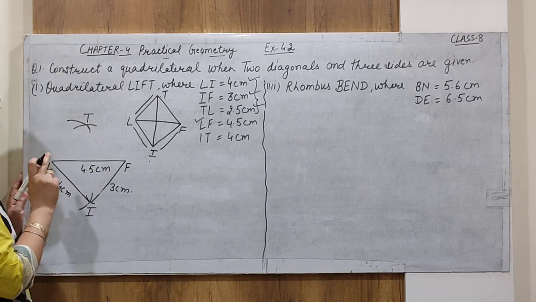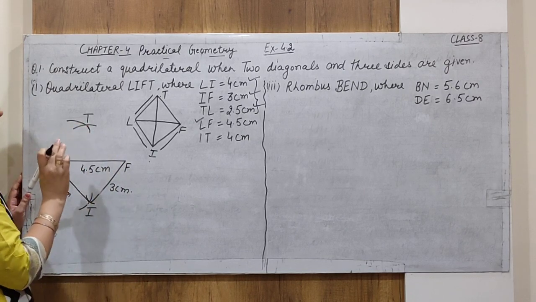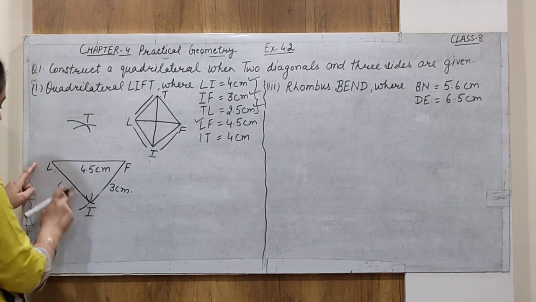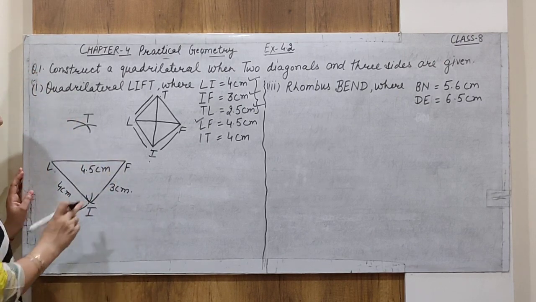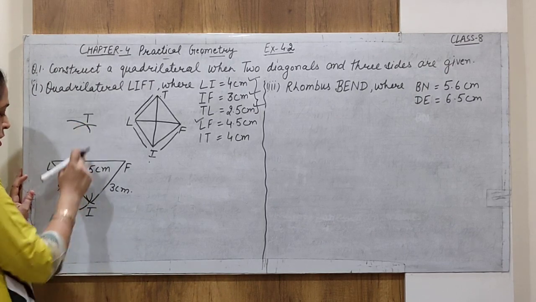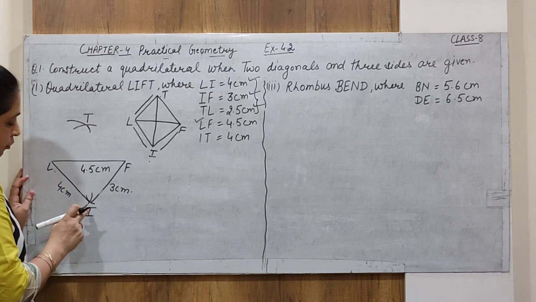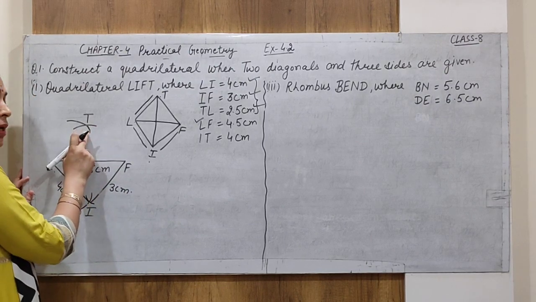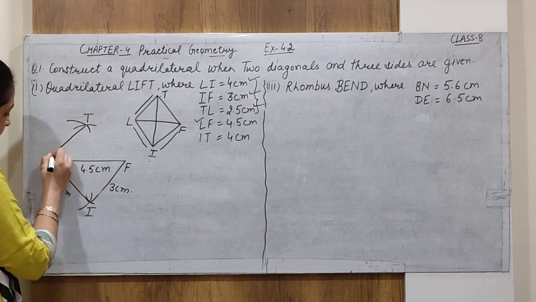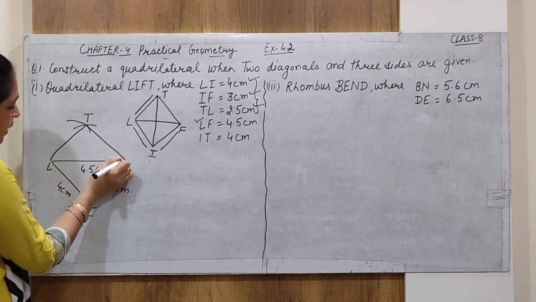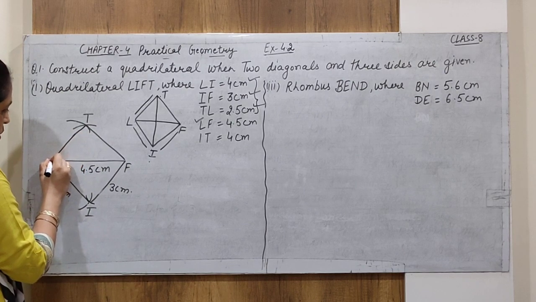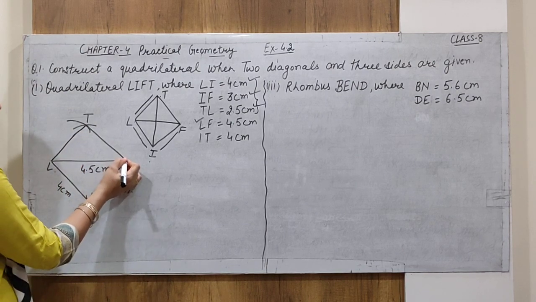Now this side is not given, as that was given in exercise 4.1, that is the first type, but in the second type we get 3 sides, and to draw the complete quadrilateral we have to take the distance of this diagonal from one diagonal point to another diagonal point. Now join these points with lines so that we get a quadrilateral. Alright, you must draw with the scale so that your lines and quadrilateral are correct.